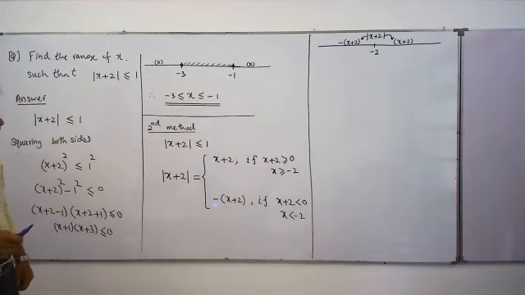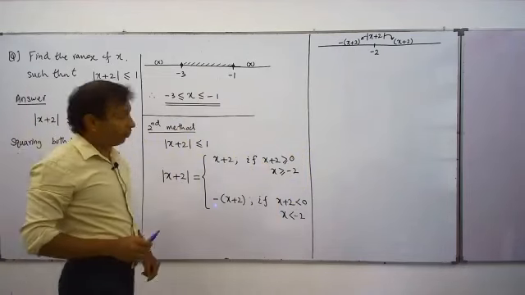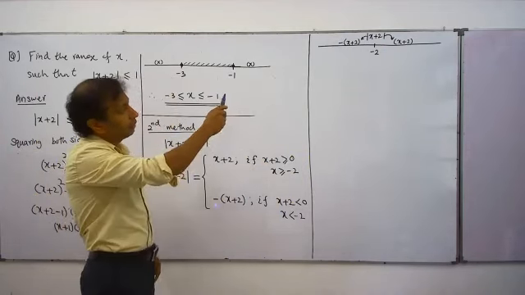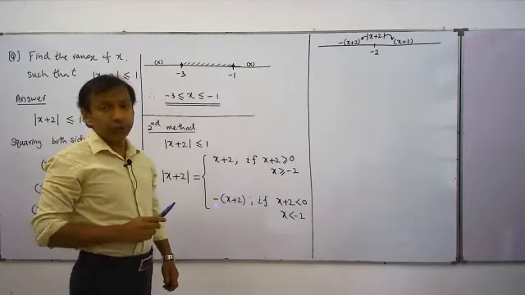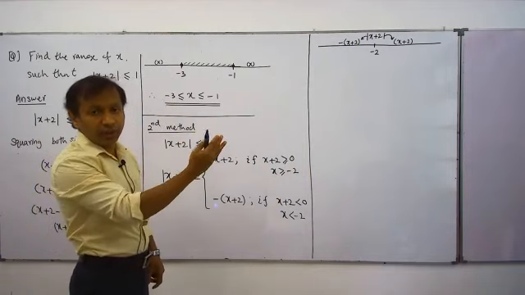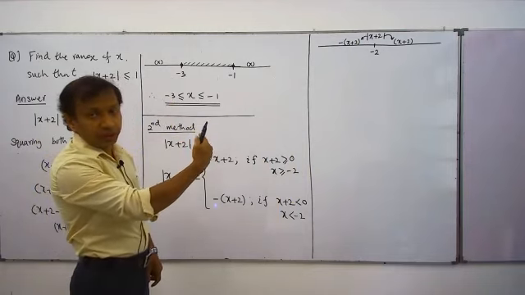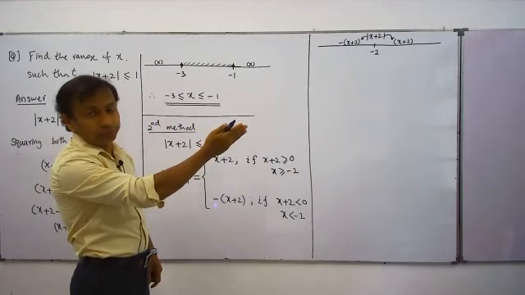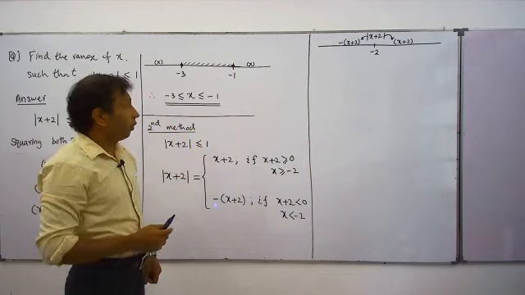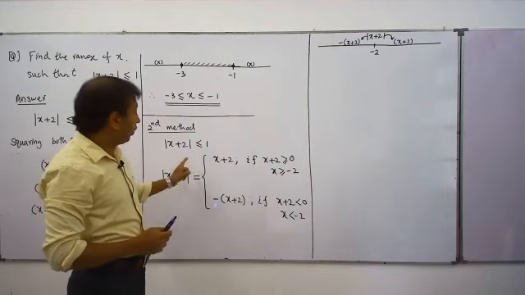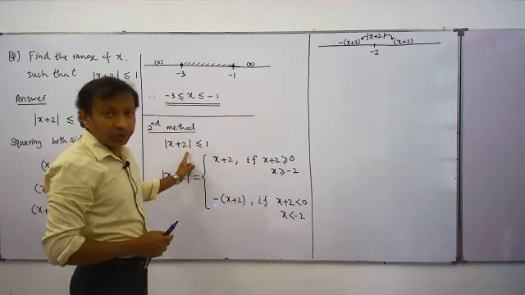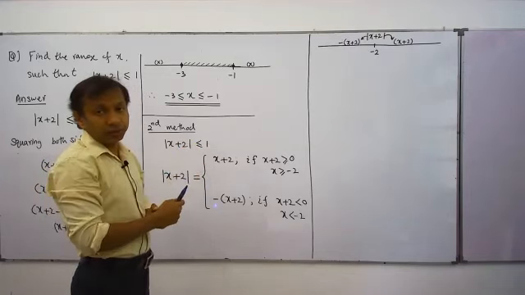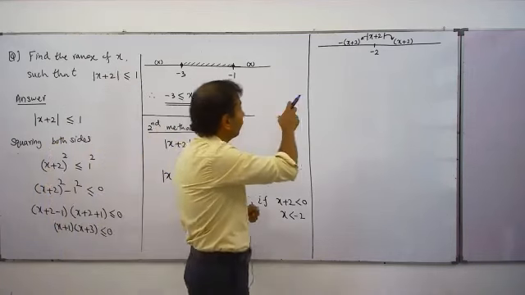Now you can see, once we define this |x + 2| and mark it on the number line, the number line is divided into two regions, namely the region less than minus 2 and the region more than minus 2. Understand? Okay, now we have to find the solution of this inequality in both intervals, less than minus 2 and greater than minus 2. Then here first we consider number 1,